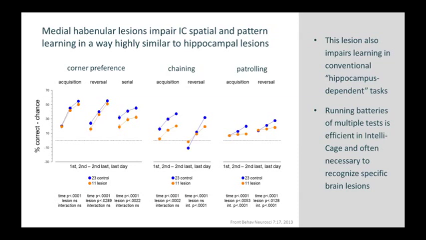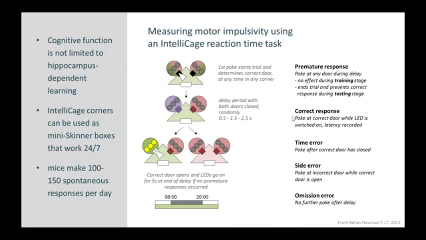So that just illustrates that in order to characterize an experimental condition, you always need to run a whole battery of tasks, and only by combining the data of several tasks can you reach a valid conclusion. And the nice thing about the IntelliCage system is that you can basically run all these different tasks in the same system and automatically. So actually we went on to implement a test that addresses a completely different domain of